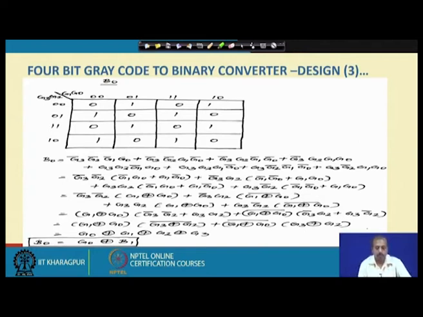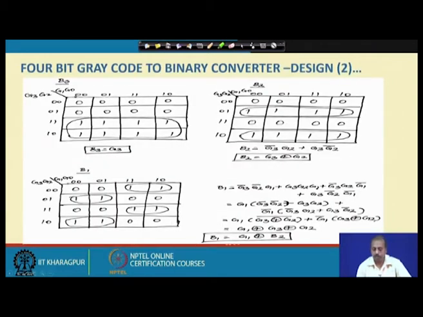B0 is a big expression like this, and then you can simplify, and finally, it boils down to this: B0 is G0 XOR B1. So, B1 is given by G1 XOR B2 and B2 is given by G3 XOR G2. If I just expand it,